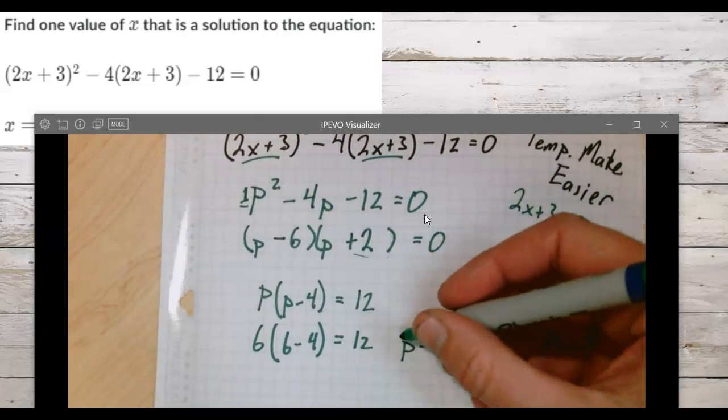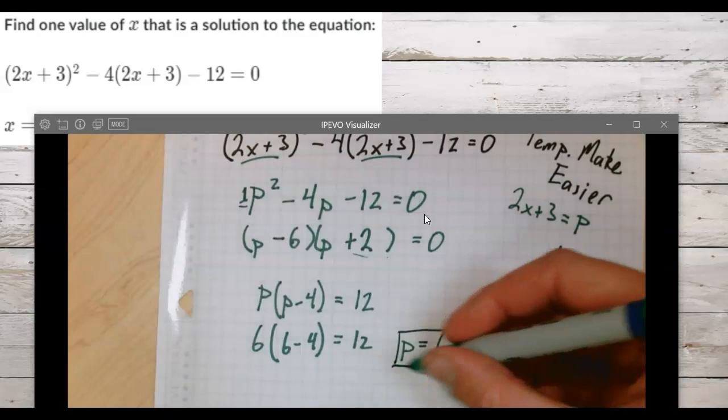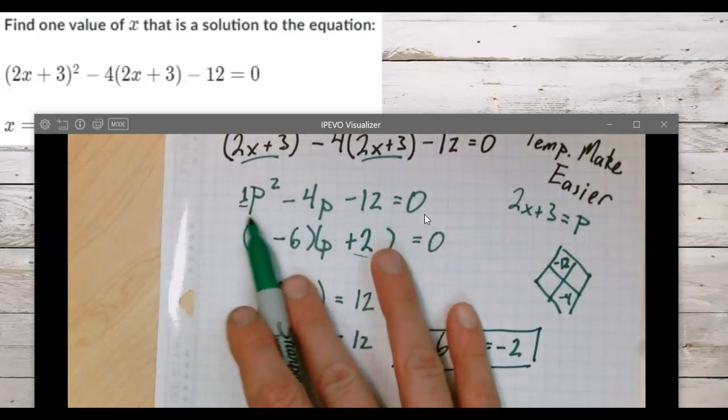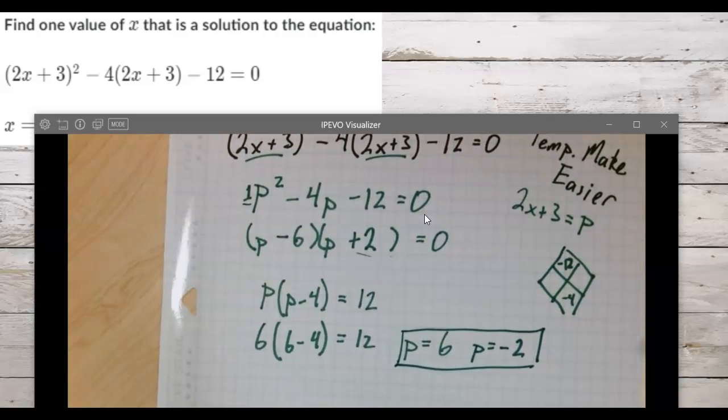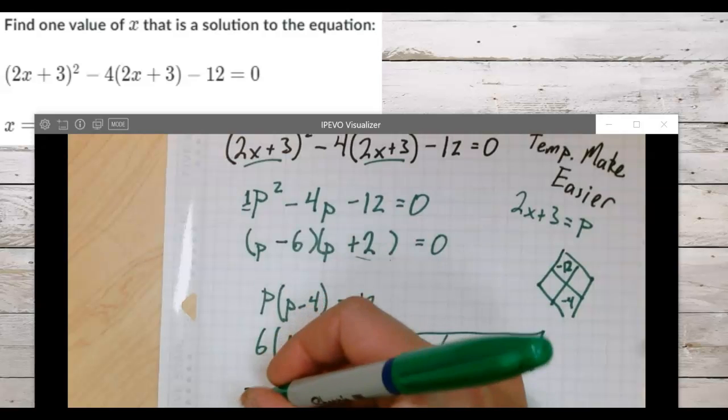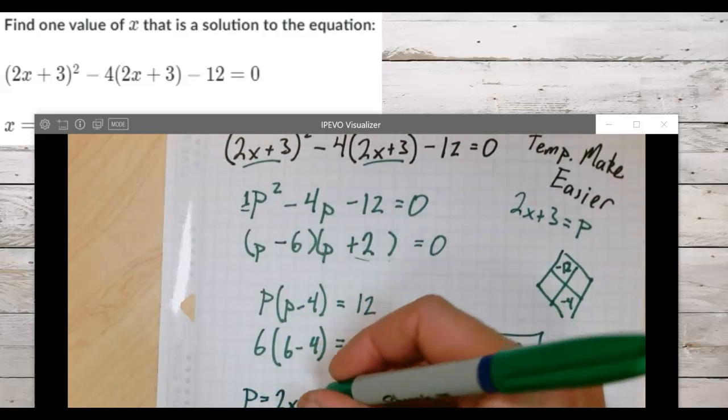Questions on how we got our P values? We just factored this kind of simpler, still not really simple, but we factored the simpler trinomial. From there, what do we do? Oh, yeah. So P is equal to 2x plus 3, so you would put the value of P is equal to 2x plus 3 and then solve for x. So since we know P is equal to 2x plus 3,